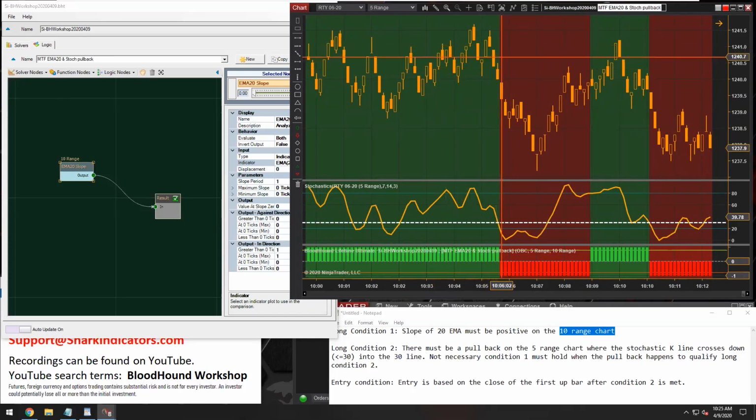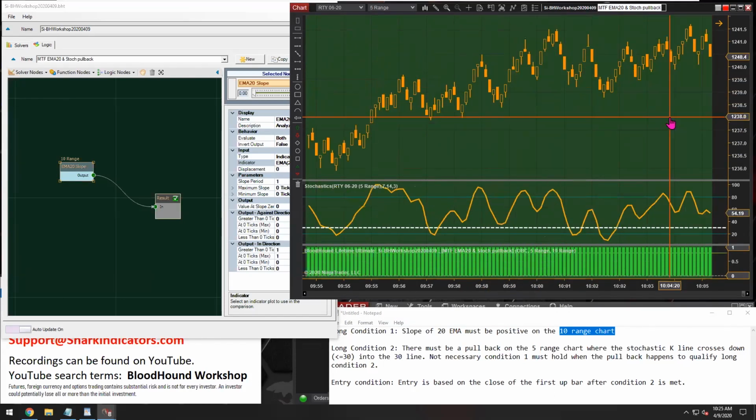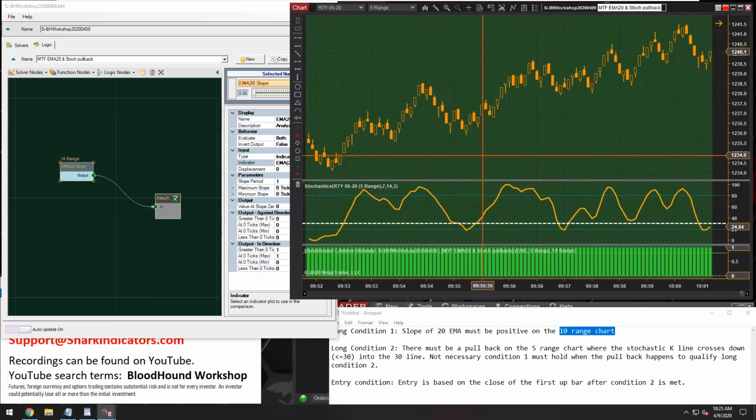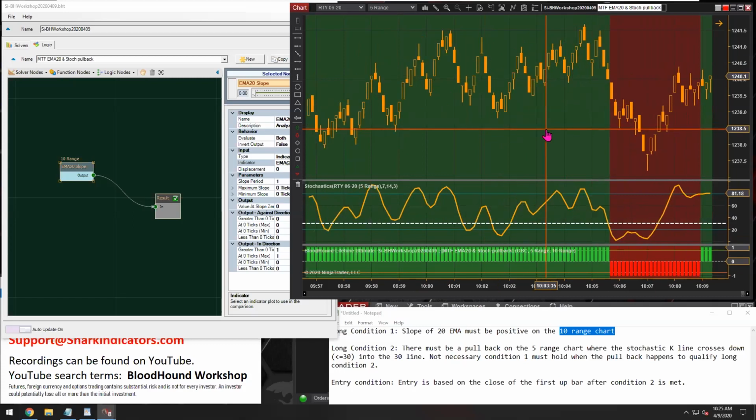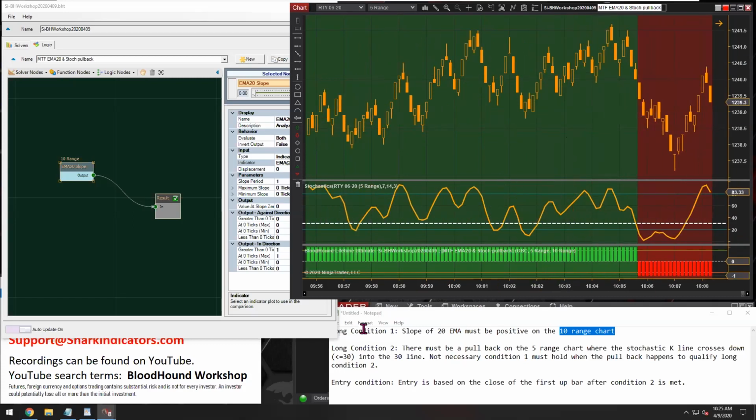All right, so now on our chart, we can see that if the EMA 20 on the 10-range chart is sloping down, we're going to get a short or a red output. And if the EMA 20 is sloping up, we're going to get a long output. There we go. So there, simply put, that is condition number 1. And so condition number 2